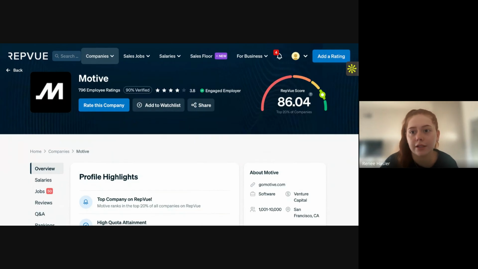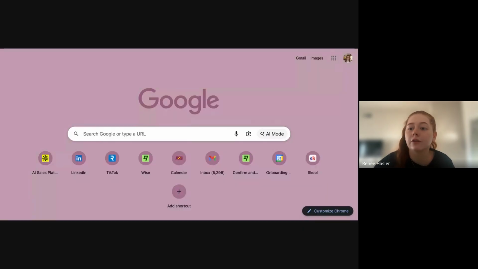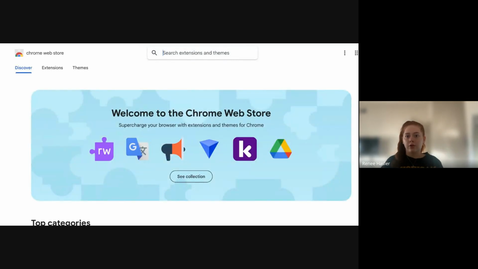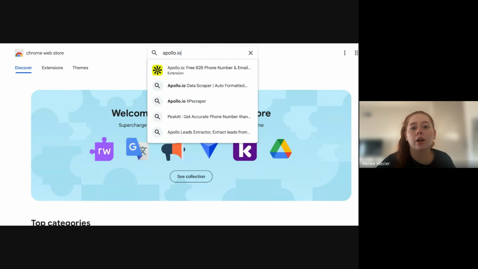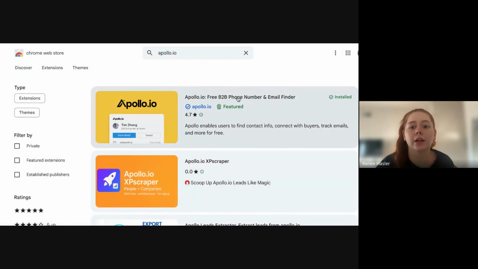So now what we're going to do is all of our Apollo stuff. First, I've been seeing a lot of people forget to download Apollo as an extension. So this is our first step because this is the most important part, okay? You're going to go to the search bar of the Chrome Web Store, type apollo.io, and you're going to download